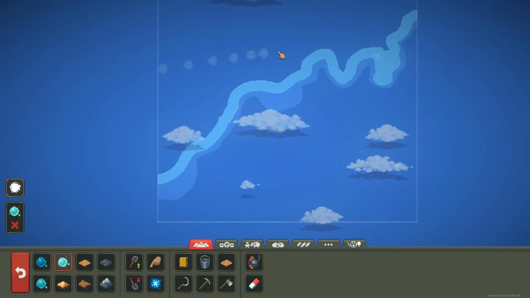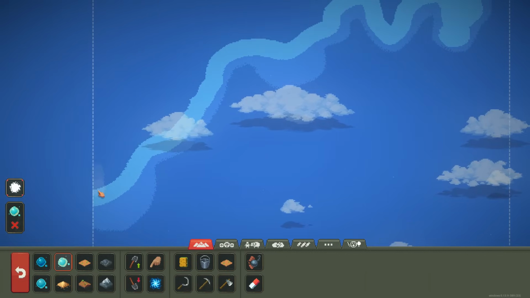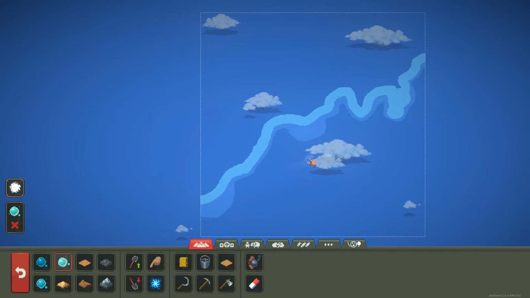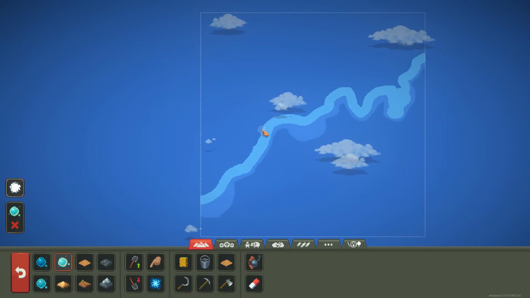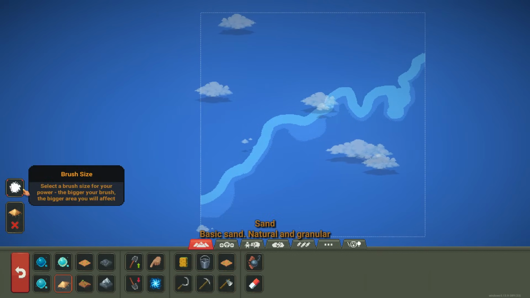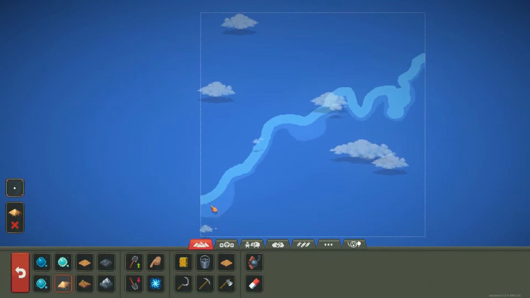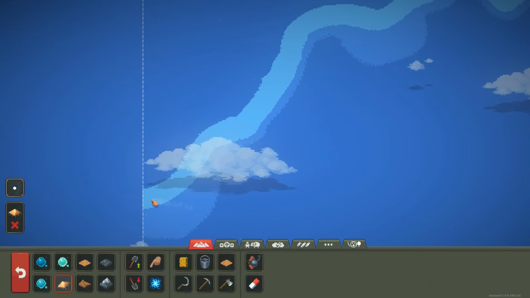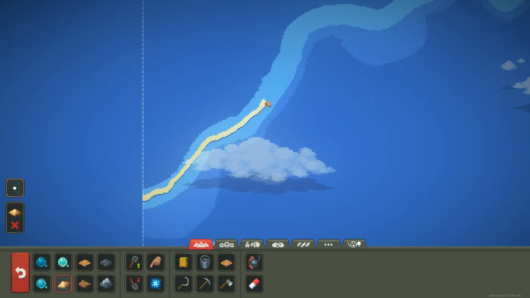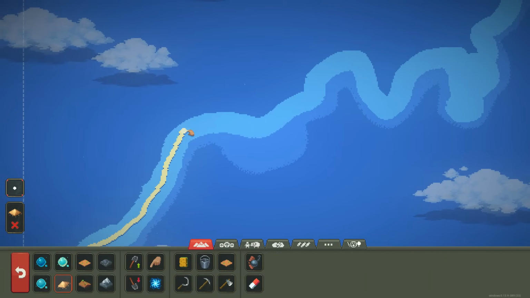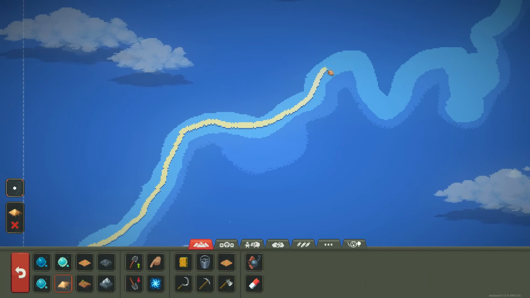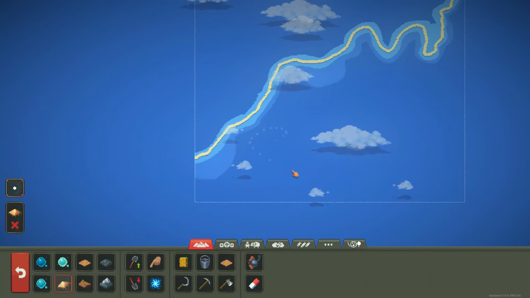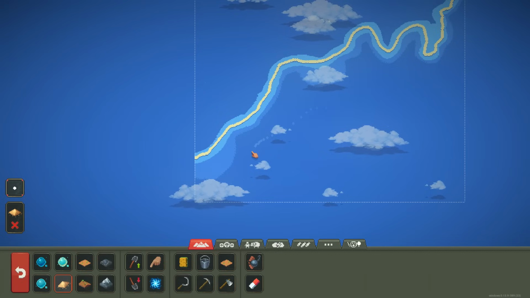This is something we did not do in the last tutorial. We just went straight into making the land because it's faster. If you don't care about the shorelines and the water looking just right, then you can skip this whole part. But the next thing you do is obviously put in the land. I like to take sand with this second brush and just kind of go down along the shoreline, shallow water. The goal is to make things look as non-human made as you can,